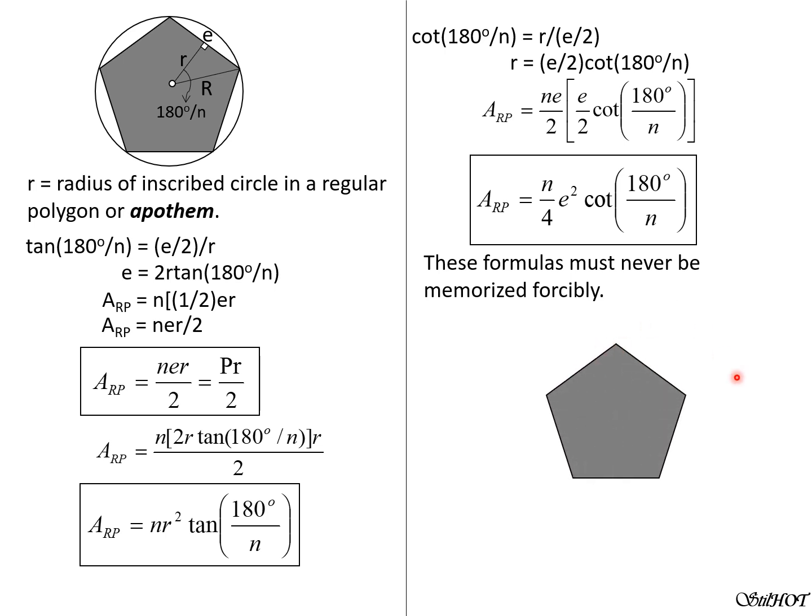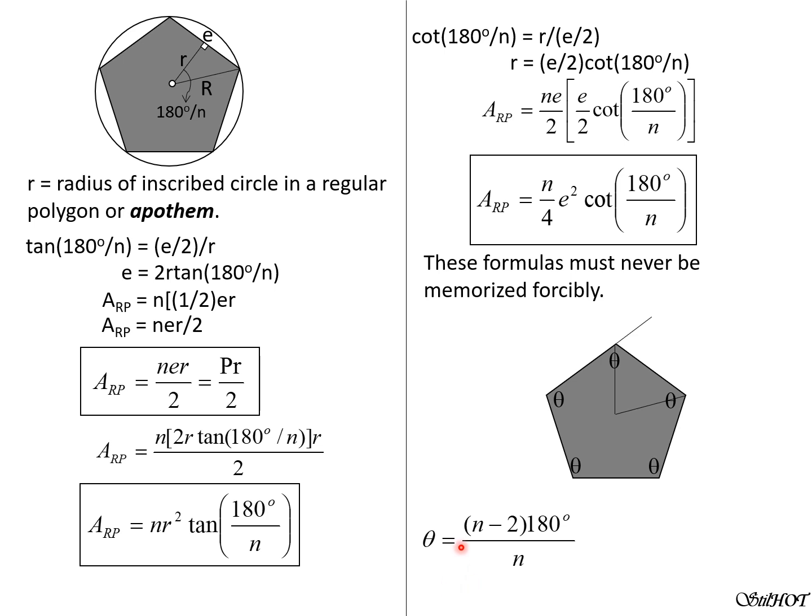Then for a regular polygon, the central angle is equal to the exterior angle. Remember, the sum of the exterior angles is 360 degrees. And if there are n corners, we divide that by n. So 360 degrees over n. So the interior angles, thetas, are equal.